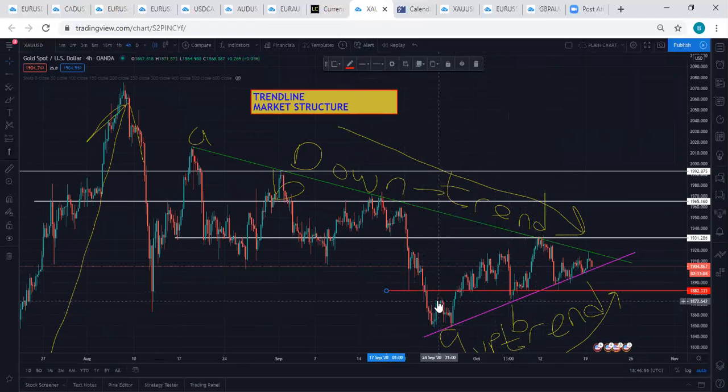This is a resistance here, right? A resistance that became a support. When you draw it, it is a resistance here, and it became a support here. See how it collided with your support trend line. So you are now entering technical analysis. For those that want work, this is work. I want you to watch this video over and over again till you understand the concept I'm doing.